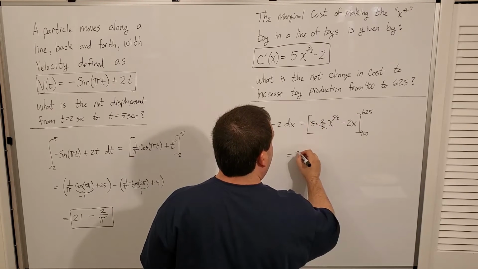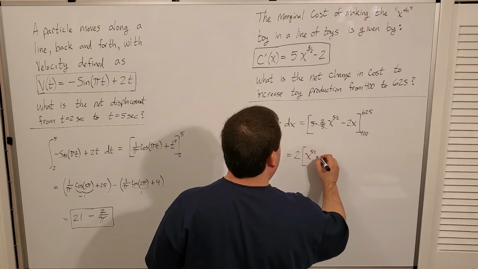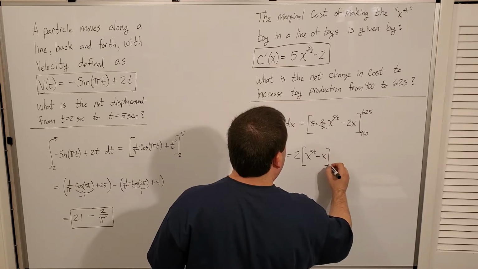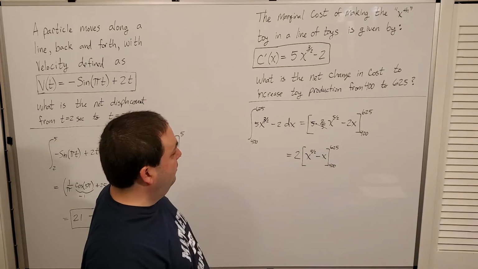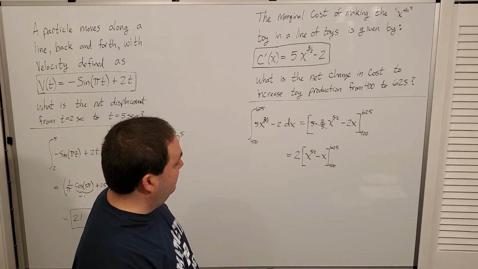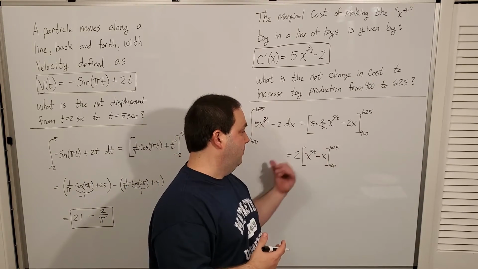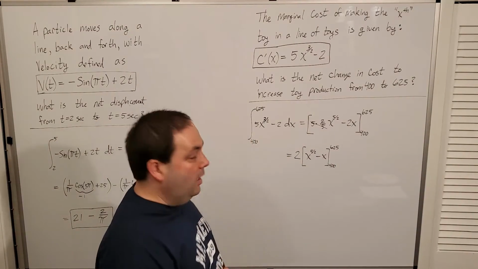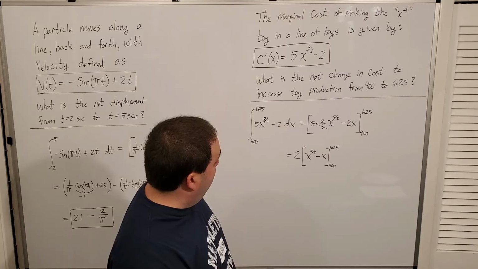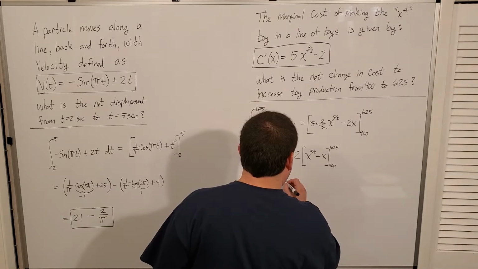Watch this. You can actually factor that out like this. And the only reason I would even think about doing that, other than just to show you, hey, this is a cool thing that we can do, is that if I'm doing this without a calculator, maybe it'll make it easier for me to multiply afterwards, pretty much, right? Either way, I think I'm about to have to use a calculator because we have some things going on with fifth powers here. So, all right, that means I've got 2 times